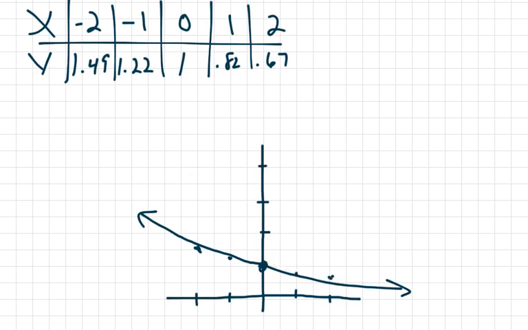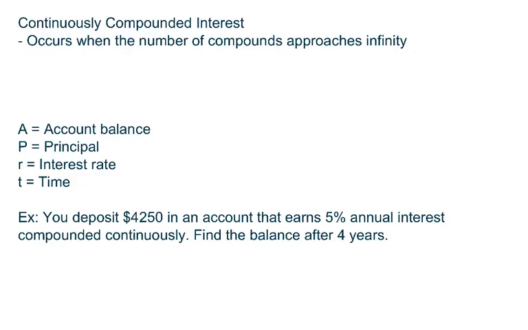And let me get rid of some of that. So there's your graph for number 2. The real-life application for the number e is continuously compounded interest. We talked in section 1 about compound interest, and that n value is what we're really looking at here. If interest was compounded daily, your n value would be 365. Well, as your n value gets really, really big, as in approaches infinity, so maybe we're compounding interest every second or every half second or every millisecond, an astounding number of compounds, the formula changes